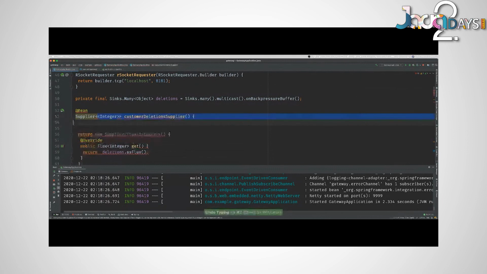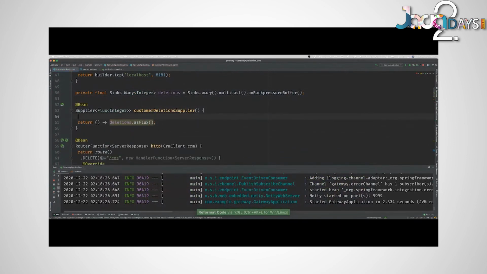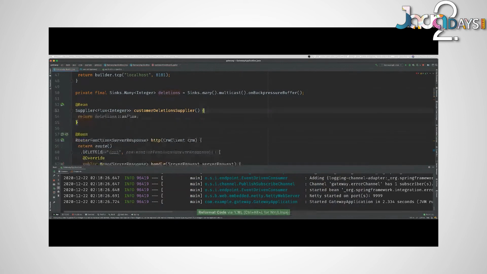Okay, I want to get rid of the, oh, it's this right here. Yeah, sorry. Integer. There we go. Make this a method reference. Okay, so there's my basic code.